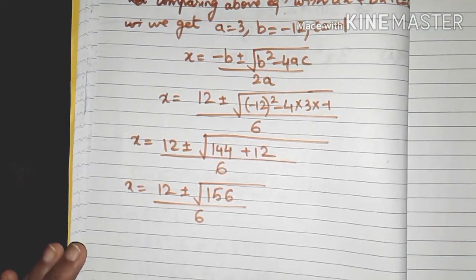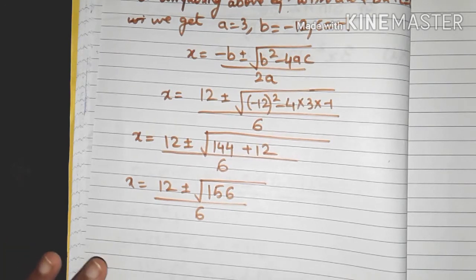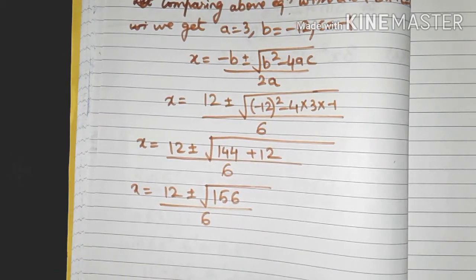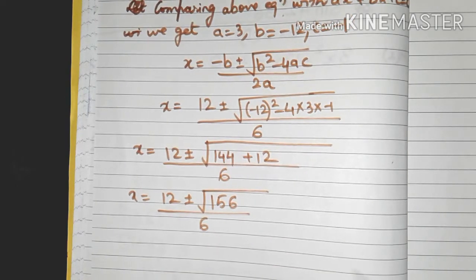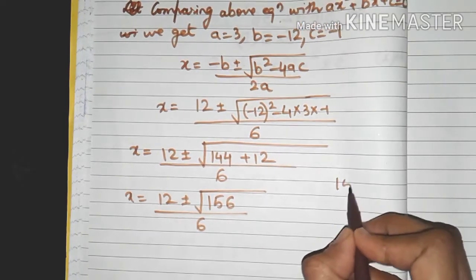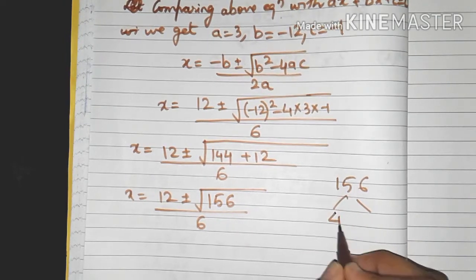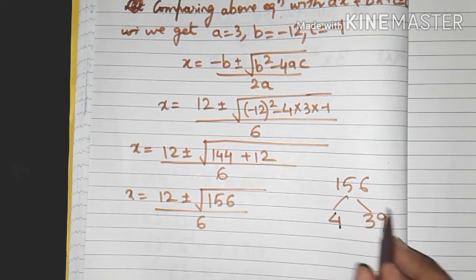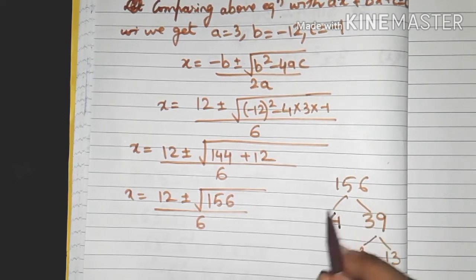Friends, if you observe in this question, we have to find the answer correct to how many decimal places? 3 decimal places, is it not? So we have to find the square root of 156. Now the problem is that in our square root table, we have root values only till 100. So how will we find it for 156? As you all know, we can very well split up 156. So let's see how to do that. 156, we can write it as 4 into 39. I don't think you can get further than that. 39 again will be 3 and 13, so that is not of much use. So let's write this only here.